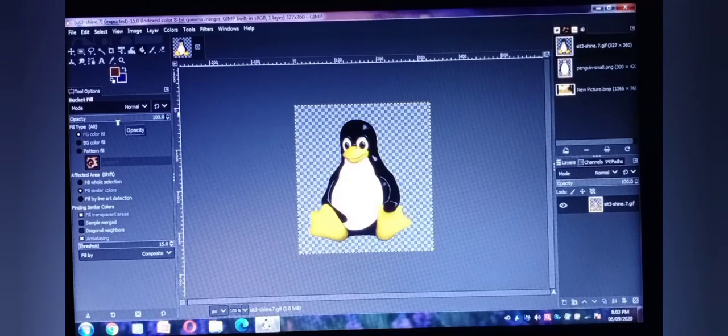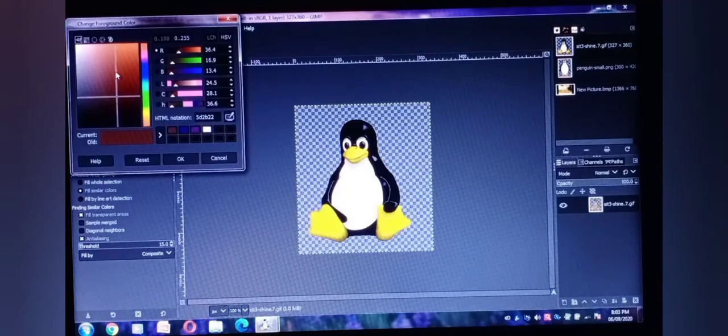Come to the left hand side, you can see this is the toolbox and this icon is showing you a small curved line with two arrowheads. You can see here, this is the icon for it. This is for foreground color and this is for background color. If I want to select the foreground color, click here. The color palette will come. Select the color from here.